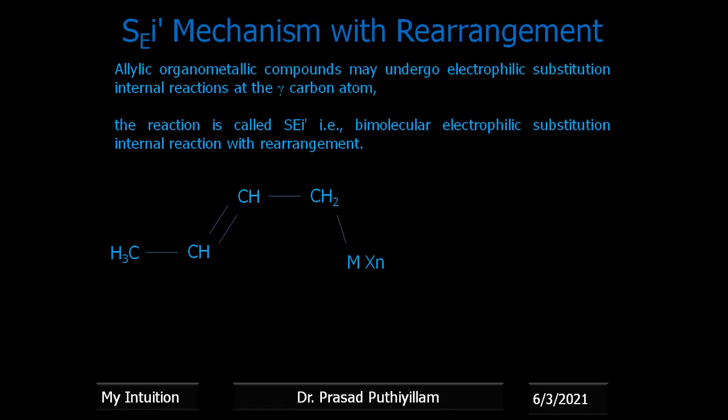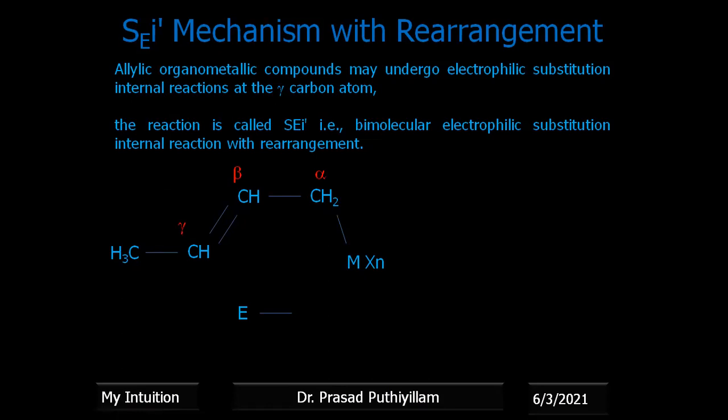So that is RMXN. Here the carbon which is connected to the leaving group, or attached to the metal, I treat as the alpha carbon. Then the next carbon will be the beta carbon. The third one will be the gamma carbon. So now we know which is gamma. An allylic group is present there. Between beta and gamma there is a double bond. So this type of molecule we call an allylic molecule, or an allylic organometallic compound.